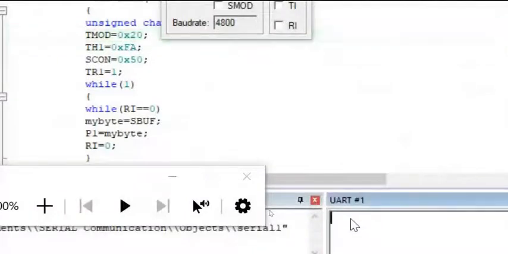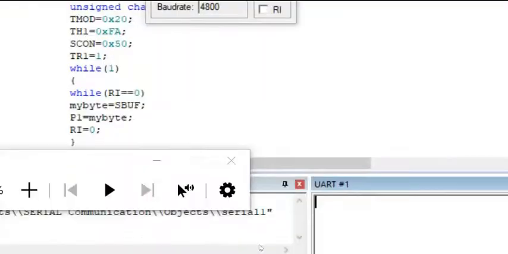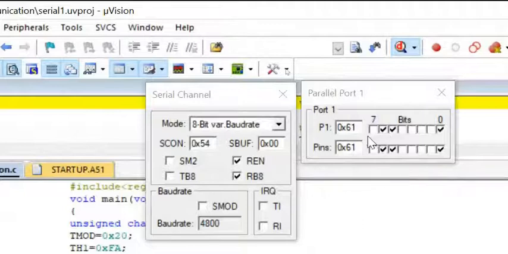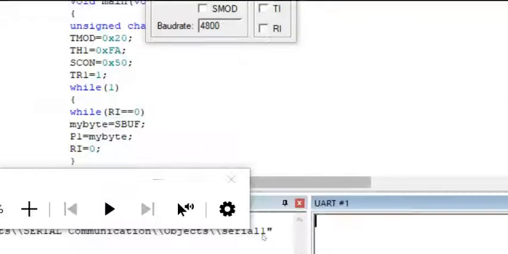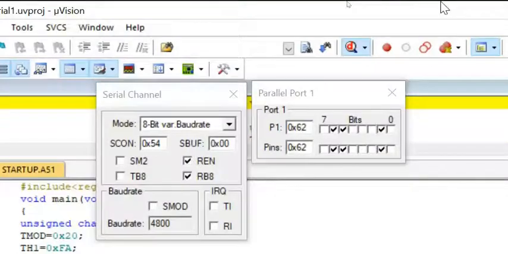So now just type anything. I'm just typing capital A or small a. I'm just saying small a. So now port 1, all are 0. Small b I have typed there. Now you can see the response in port 1. So if we connect an LCD display with port 1, that small letter b will be displayed in the LCD. Now I'm changing, small letter c I have typed.